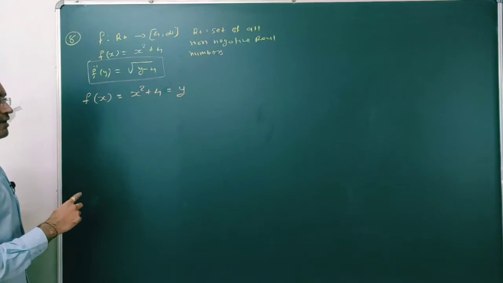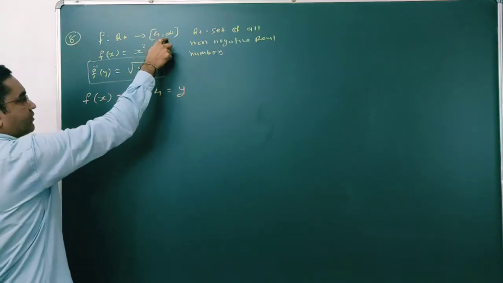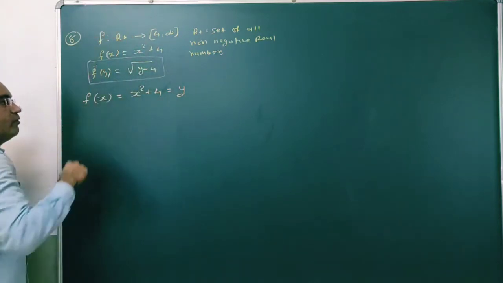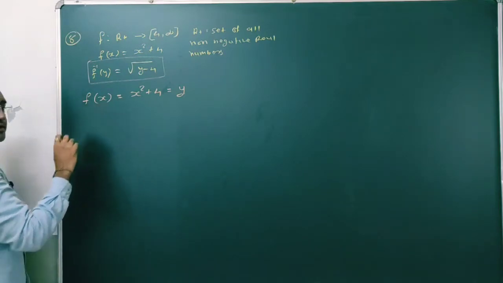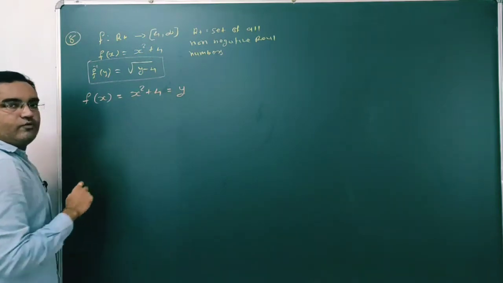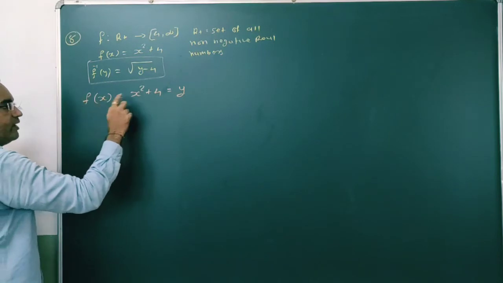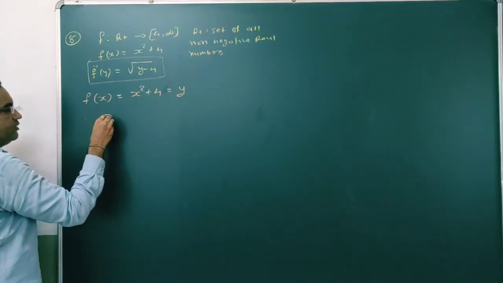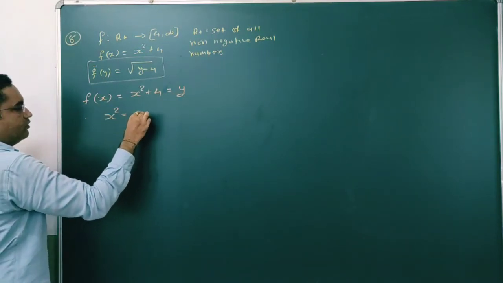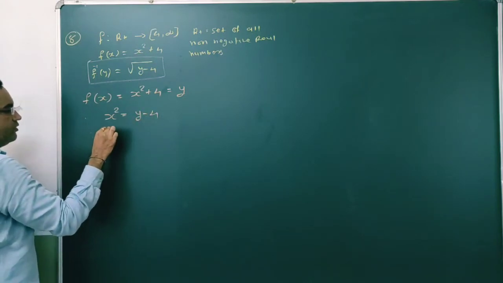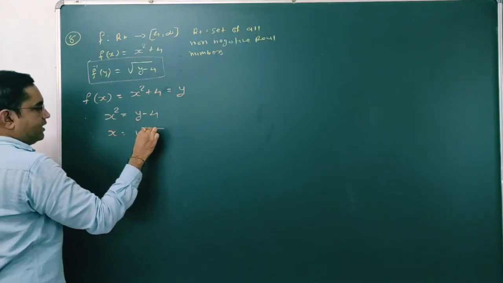G of y we will find. And that domain will be the codomain of this function and the codomain will be the domain of this given function. Done? So, the first step is to write x in terms of y. Here we have considered f of x equal to y. Therefore, x square equal to y minus 4 and therefore x will be plus or minus square root of y